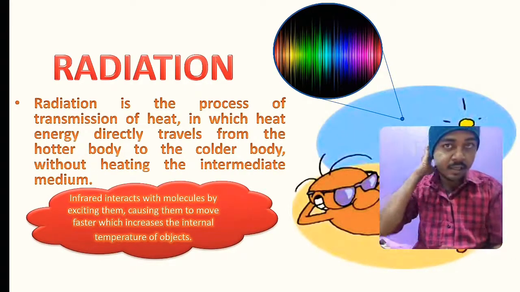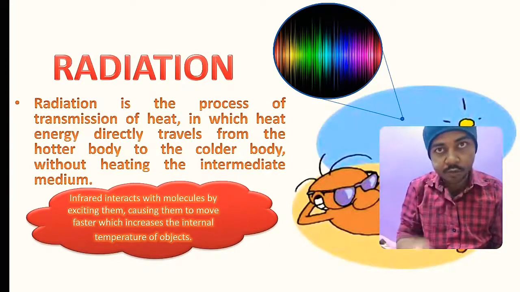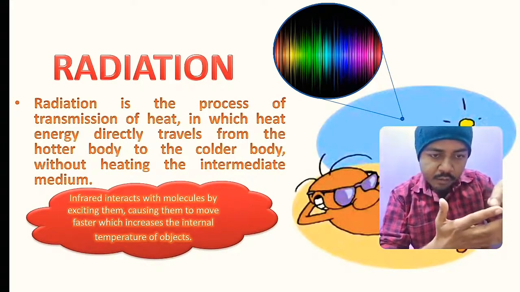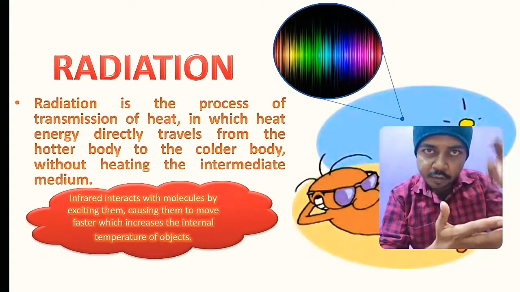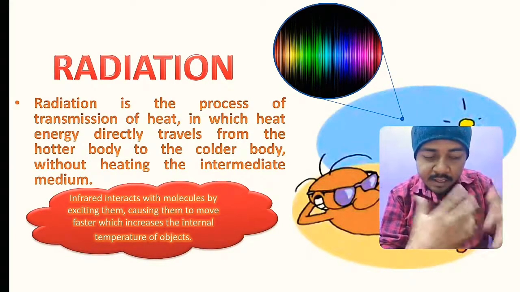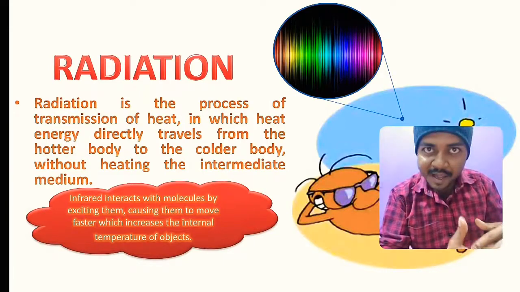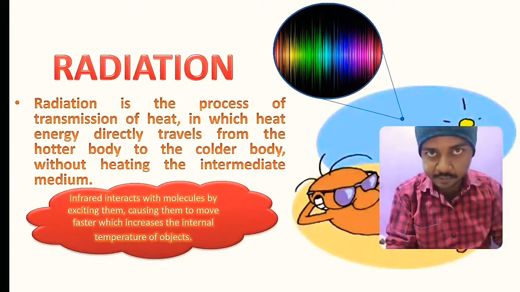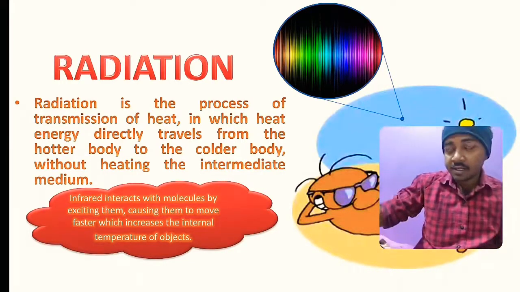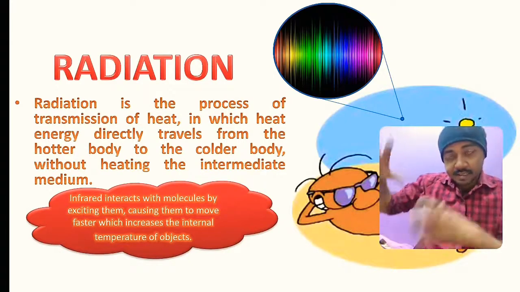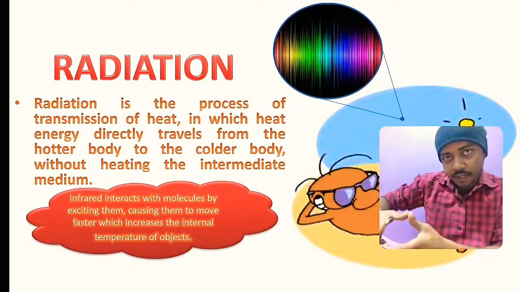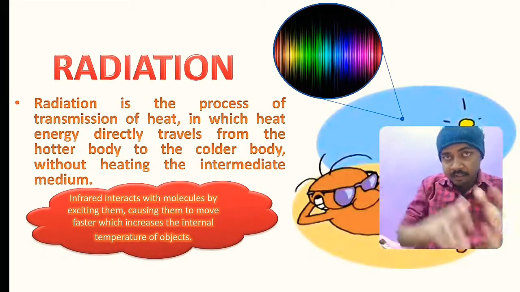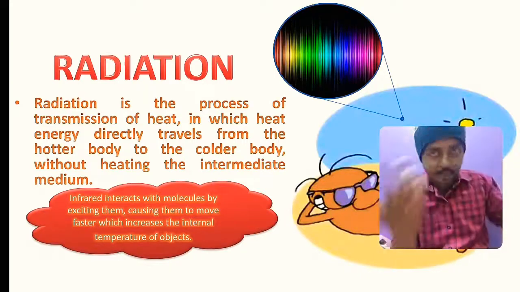Okay, so this thing we can't see, but it has some energy, and it can excite, just like it is exciting the electrical appliances which it is used to control. Similarly it excites the atoms or the molecules on which infrared light falls, and that increases the energy of that atom, and in turn, since the energy is increased, the temperature rises. In conduction and convection, first the temperature rises, and then the kinetic energy of its atoms and molecules rises. But here first the energy rises, and in turn the temperature rises.